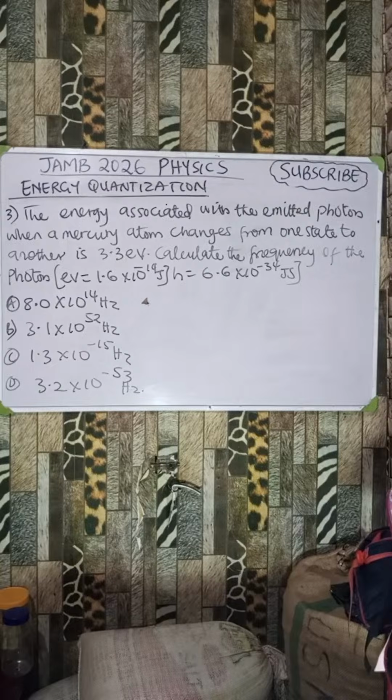It's similar. Okay, so someone has given me an answer. The only thing that is different from this one is that the energy is now given in electron volts, no longer in joules, right? So we need to multiply that electron volt with that 3.3 to make it to be in joules, right? Before we can now start solving, between this one and the previous ones we have been doing. All right, so let's go.